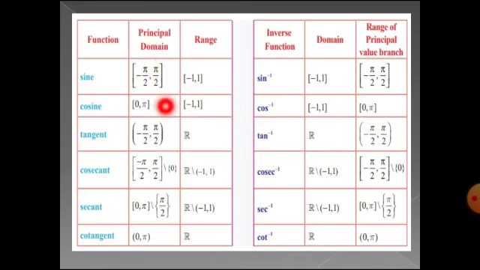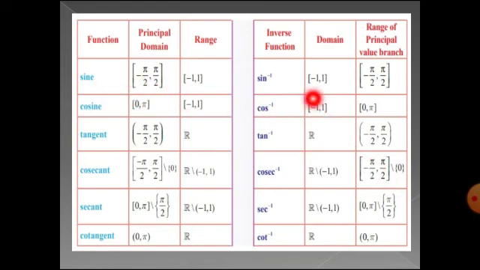I have told you in the earlier slides also about the principal value. Here this is the principal domain, and this is the range. This domain, I told you about this in a trigonometric function, it is a domain and this is a range. This is the inverse of that, meaning you will get the domain as a range and the range as a domain. Now this is a range and here we got the domain. So this is a principal domain and here we have got the range, the principal value of the branch.